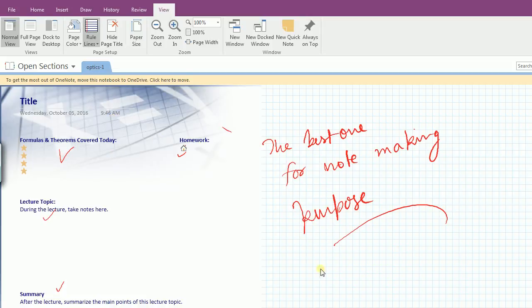So I am using here cross. So cross is appearing. These are helpful for making the pictures. By this way you can observe, right? So this is the OneNote software for note making, and I found it is interesting for all, not only for the students but for the teachers also.